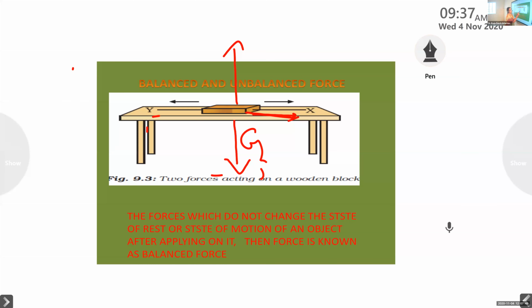So when there is a gravitational force acting, there is a counter force which is equal in magnitude and opposite in direction, acting upwards. That is what we call upthrust, the upward force acting normally by the air or liquid. So there is upthrust in the liquid also, and there is upthrust in the air also.